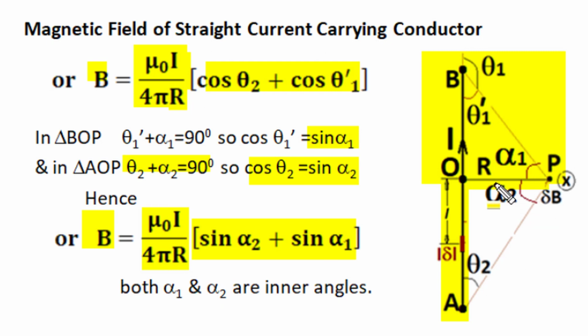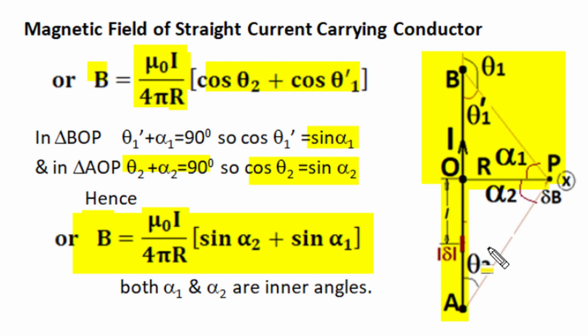where alpha 1 and alpha 2 are angles at observation position P by two extreme distance vectors with the perpendicular on AB conductor, this alpha 1 and alpha 2, and our result is sine of alpha 2 plus sine of alpha 1. One could remember in our original Biot Savart formula, theta is the angle between current element and position vector, and